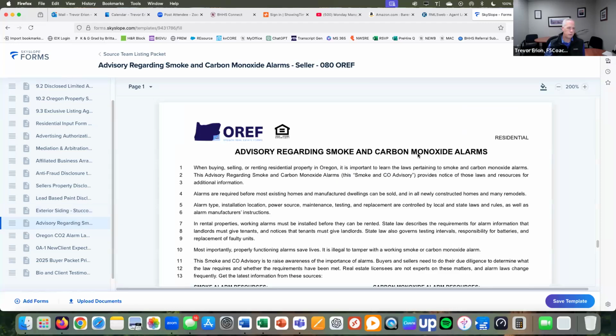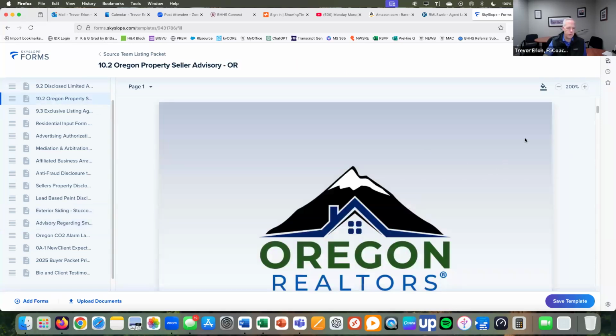There's an advisory regarding smoke and carbon monoxide alarms. This is something we've had in ours for years, and it's something I think we're probably going to take out in 2026, because up here sometimes we overdo it in disclosures. In the Oregon property seller advisory,